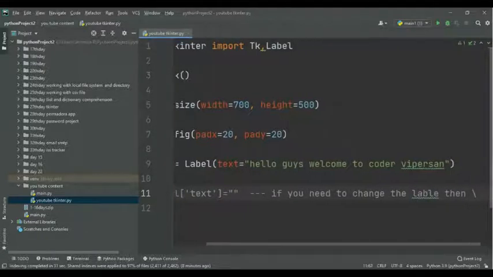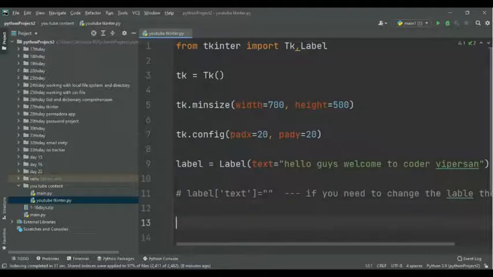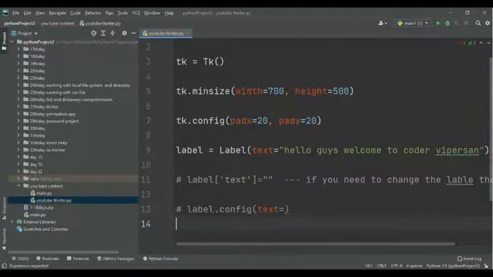Another thing you can do is configure, which is a good thing to do. With config you can change the text. So if you're changing the text of the label in the GUI, you can do two things: give configure or text to change that label inside a GUI.